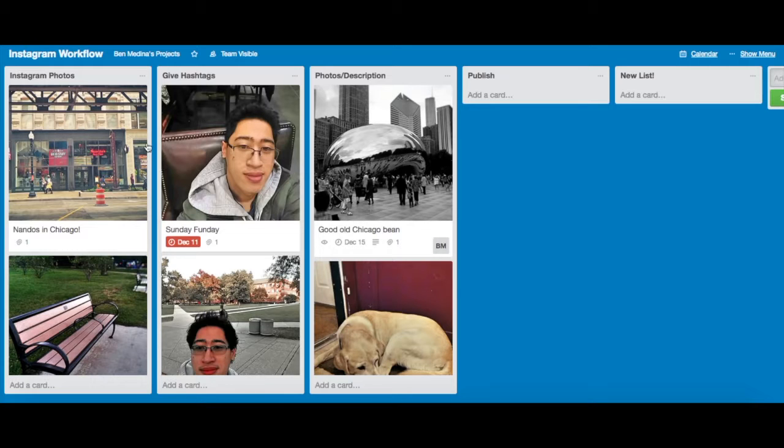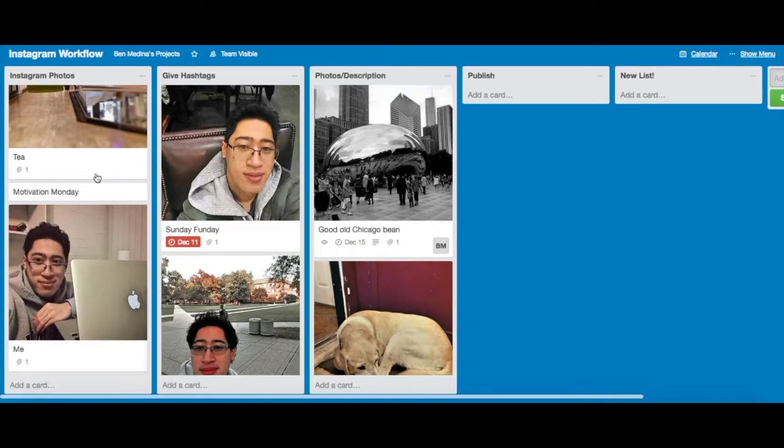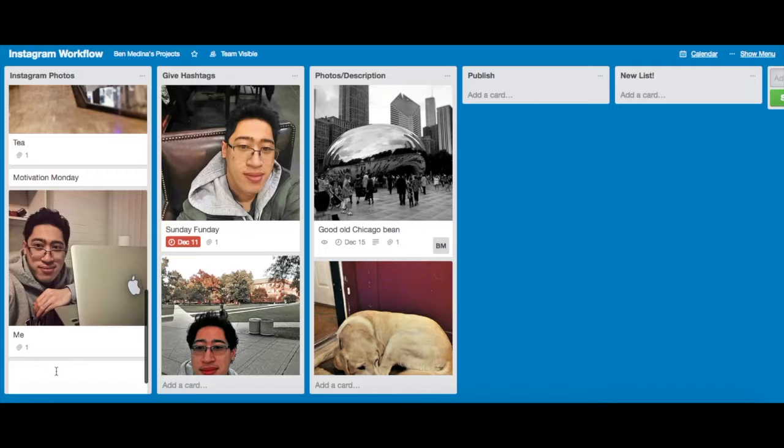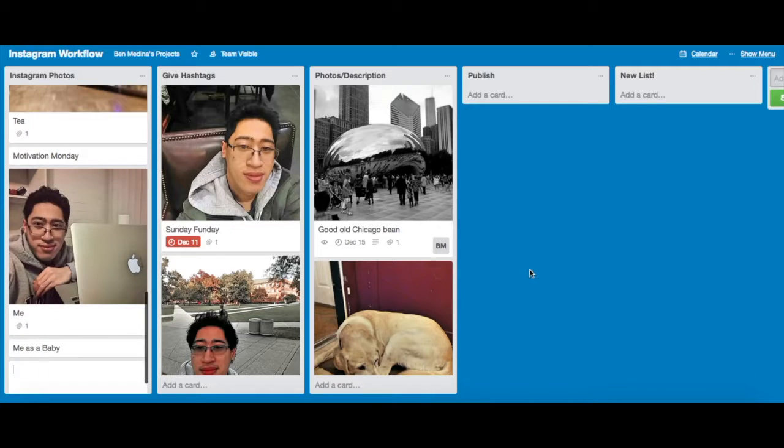Let's say you want to add a post because you want to post on Instagram on Thursday for Throwback Thursday. So if you go into your Instagram posts list, you see this button down here that says add a card. So you click on that and you can write down your ideas. So for example, I'm going to do a Throwback Thursday about me as a baby. So now I have a post idea in my Instagram posts list, and I can later on find a picture to add to that